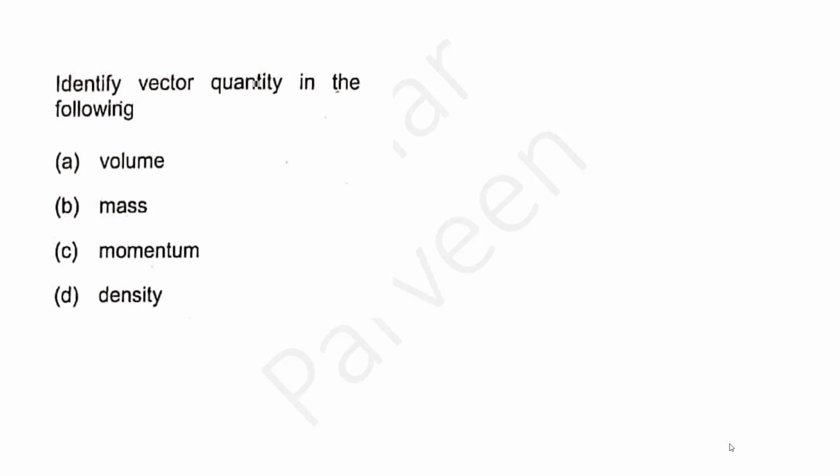Identify the vector quantity in the following. Volume is a scalar, mass is a scalar, density is a scalar. Momentum is equal to mass into velocity, isn't it? In that, mass is a scalar, but velocity is a vector, right? So you can analyze in this way and decide whether the given physical quantity is a scalar or a vector. Because momentum is related with velocity directly, it will also have direction and magnitude, and this will be a